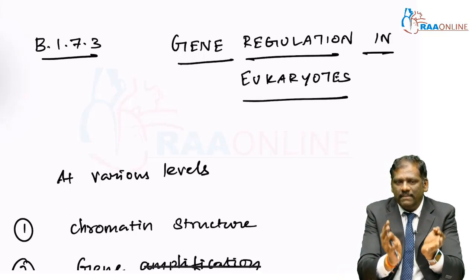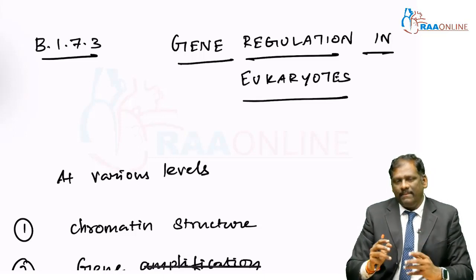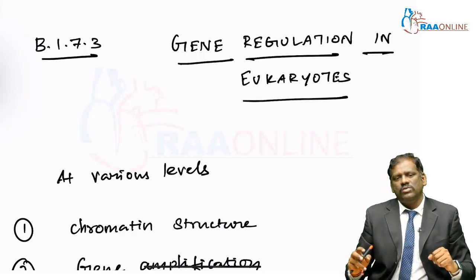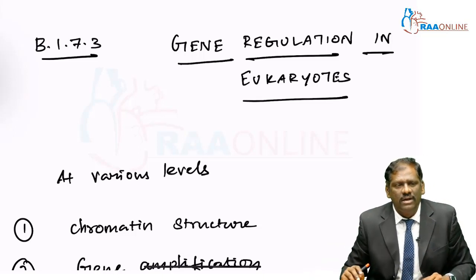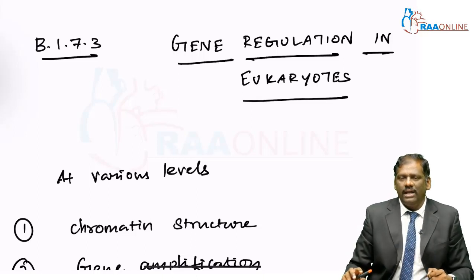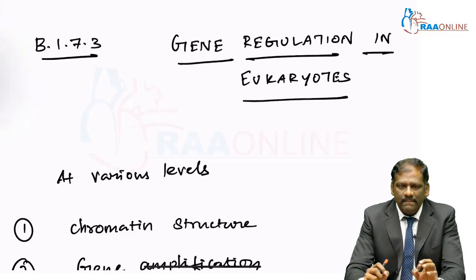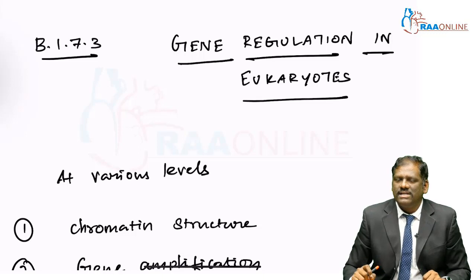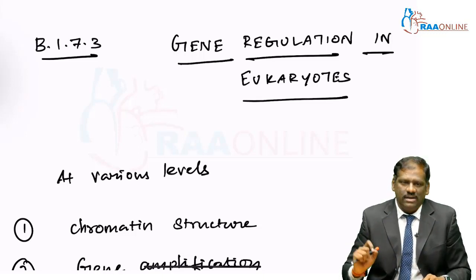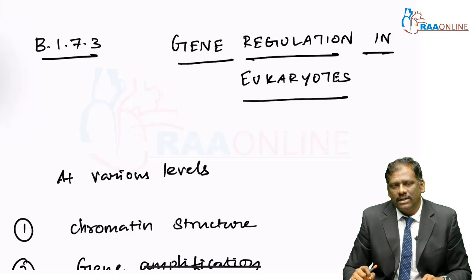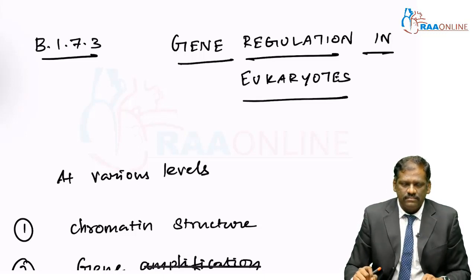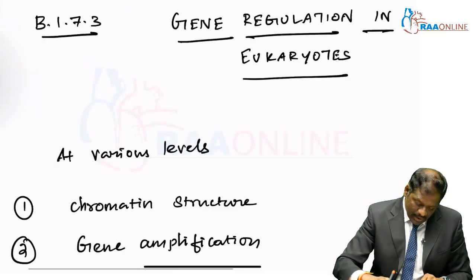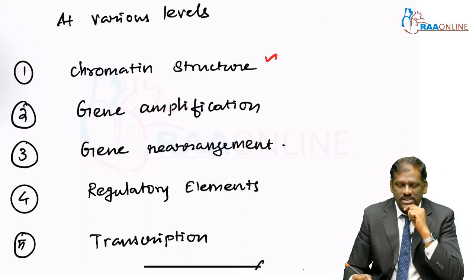It gives you a complete picture of what exactly happens in a eukaryotic DNA, and how such a huge eukaryotic DNA with a huge number of genes gets expressed and regulated in a very precise manner. Now we will see the regulation of various kinds of genes in a eukaryotic cell. It is regulated at numerous levels. It could be at the level of the chromatin structure itself, at the formation of the nucleosome itself.